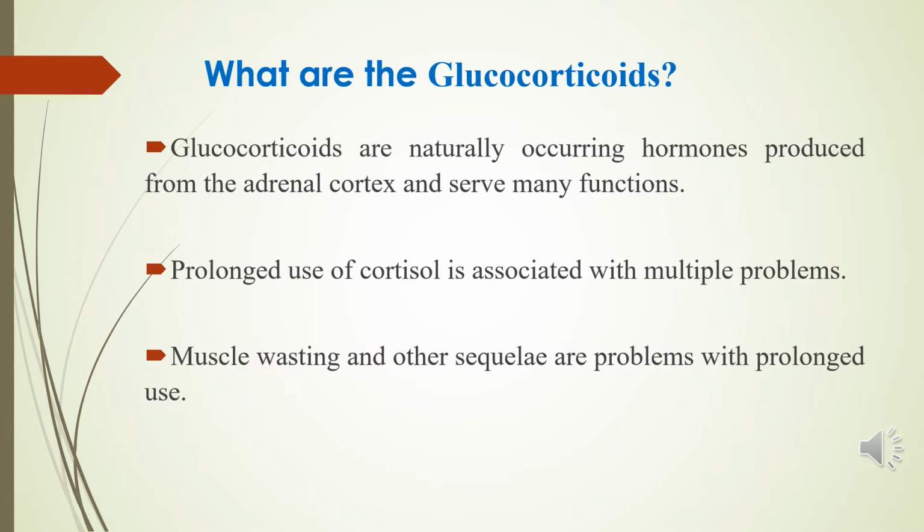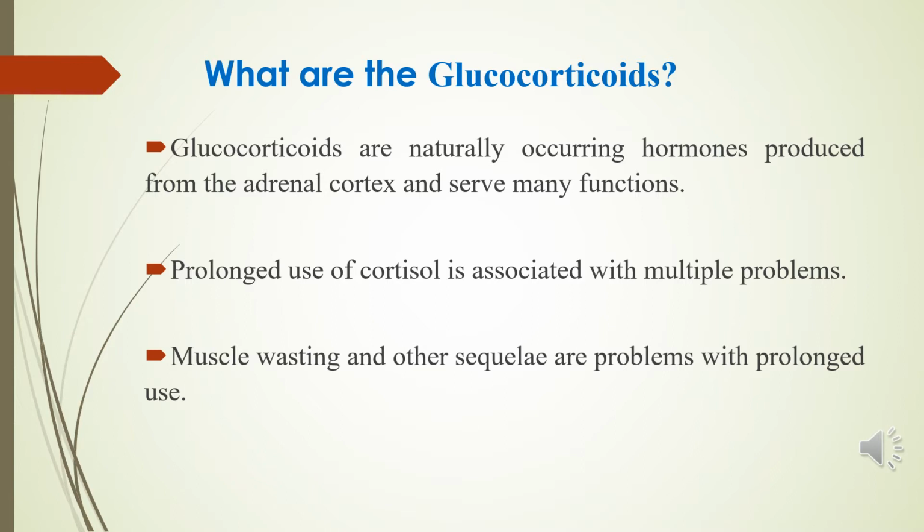This topic will cover a point about glucocorticoids and their biochemical points of view. As you know, glucocorticoids are a group of naturally occurring hormones produced in the body from the adrenal cortex and serve many functions, anabolic and catabolic. Of these hormones, cortisol produced from the adrenal cortex has catabolic functions when in excess and when administered to treat medical conditions, especially chronic disease conditions.